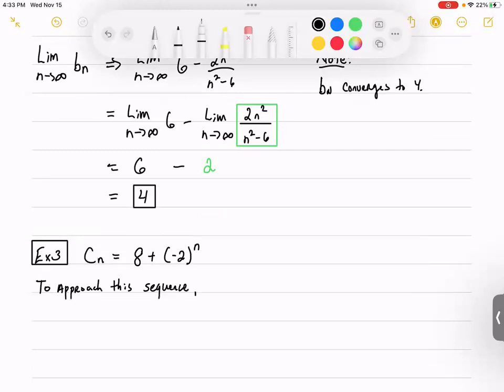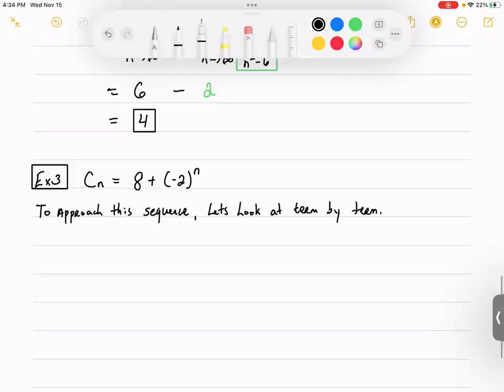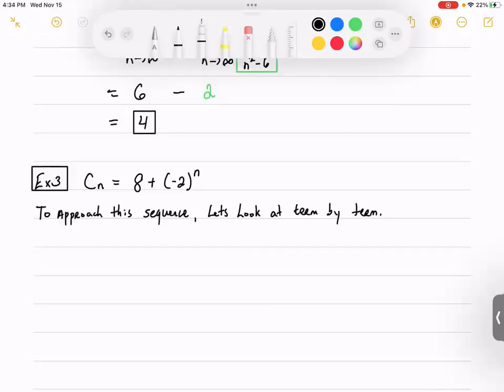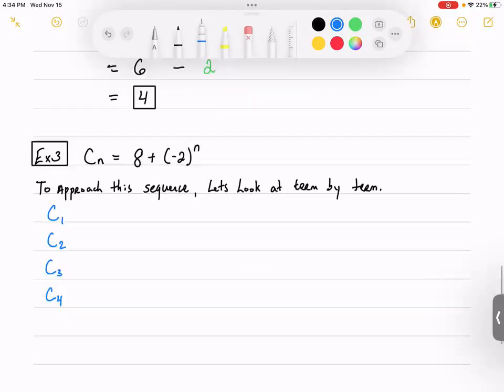let's look at it term by term, okay? So let's actually compute a few sequence values, right? Let's try to compute C1, C2, C3, C4, C5, and C6. Now let's try to establish something here with this, okay? So if I compute C1 through C6, then that's basically plugging in those numbers 1 through 6 for your value of n. So you're gonna get